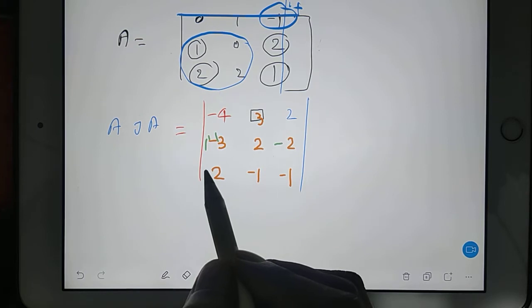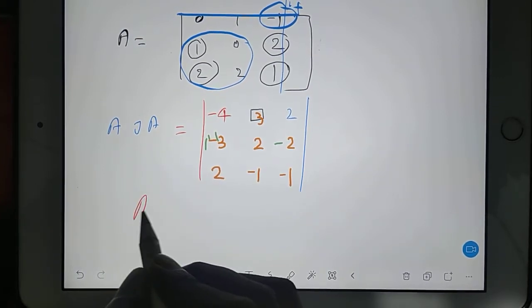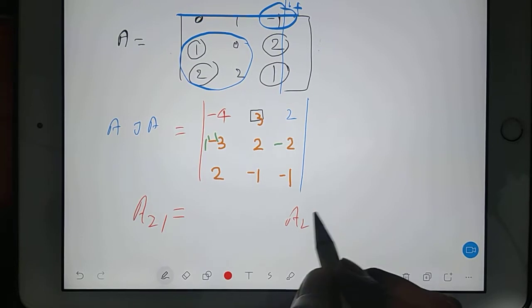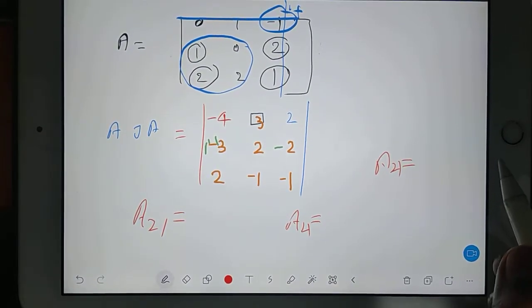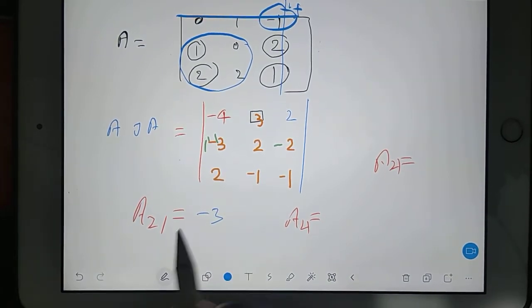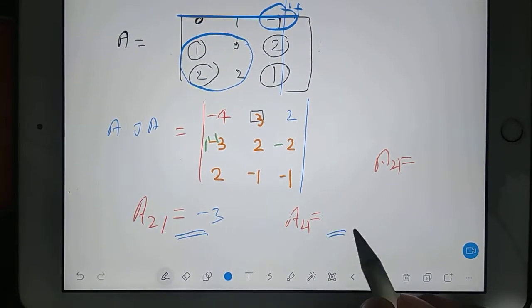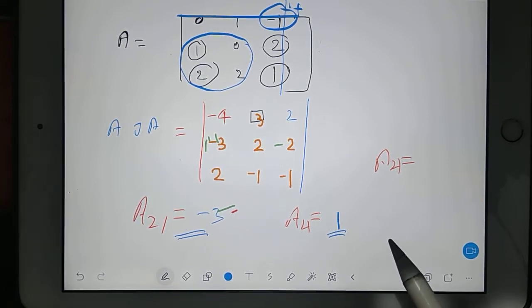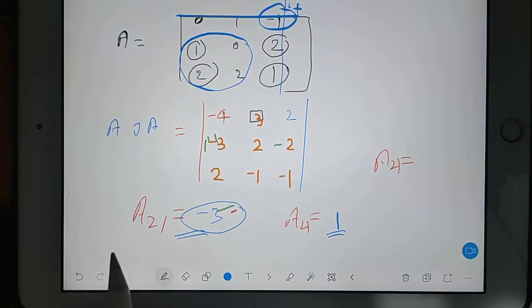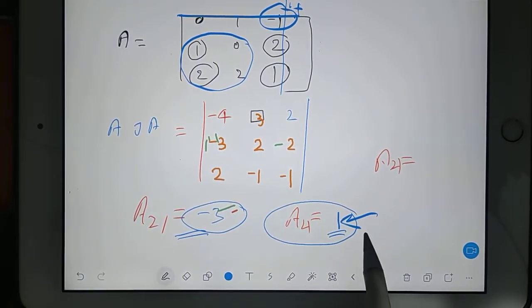But some people are, I think, correcting. Guys, what is A21? Some people write here A21. I think some people are correcting. Minus 3. Okay, Vedant is saying minus 3. Other people say, what is A21? Okay, so people are supporting minus 3 is correct. And some people are saying A21 is 1.